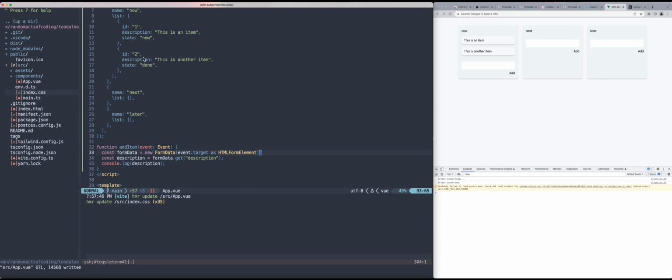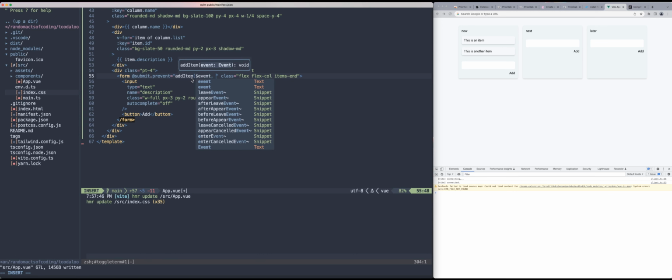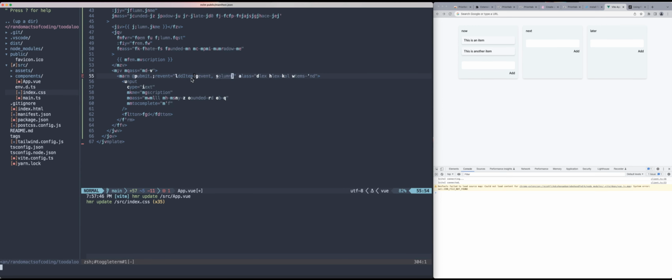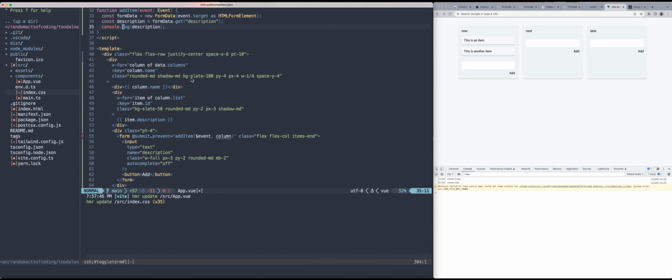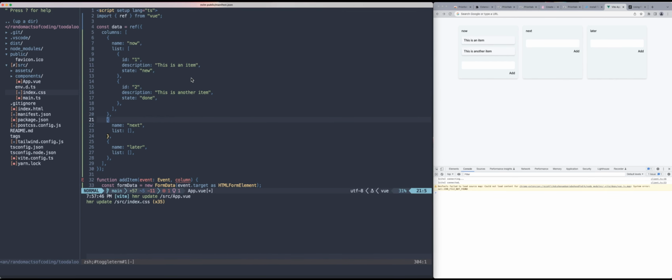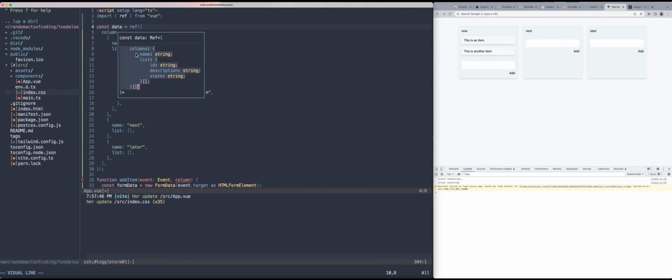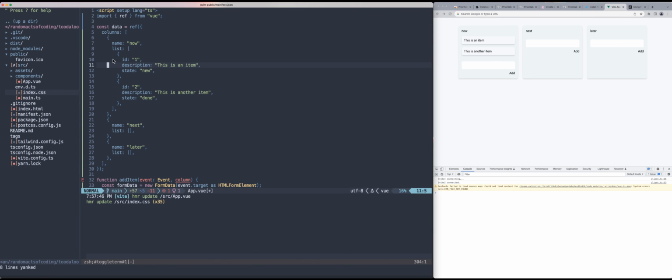So now I can go ahead and now have the description. I can go ahead and add it to the columns here. And the way I'll do it is by passing in the column. So I'll pass in the event by default, and I'll also pass in the column that I need to add this information into. And then in my function here, this might be a good time for me to add a column type. Maybe I can just copy that from here. Oops. Should just be able to yank that straight up and